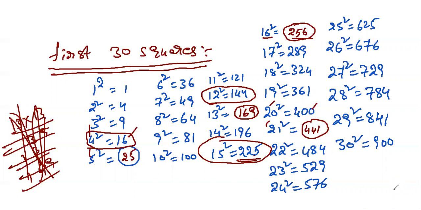By the help of these first 30 square numbers, we will find the squares up to 100. But you need to learn some very useful tricks here. Once you practice these things, then you will be able to solve the square of any number below 100 in your mind only. You will not use any paper or pen.